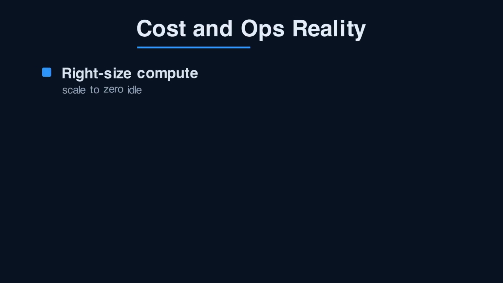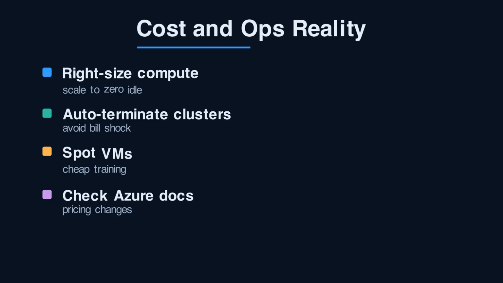On cost and operations, both bill you for the compute you run, but the levers differ. In Azure ML, you pay for compute clusters and instances, plus the always-on infrastructure behind online endpoints. So right-size instances and let clusters scale to zero when idle. In Databricks, you pay Databricks units on top of the underlying virtual machines, and idle interactive clusters are a classic source of bill shock, so configure auto-termination. Both support spot or low-priority virtual machines to cut training costs dramatically when interruptions are acceptable. Pricing and feature parity shift constantly here, so always confirm current rates and capabilities in the Azure docs before you